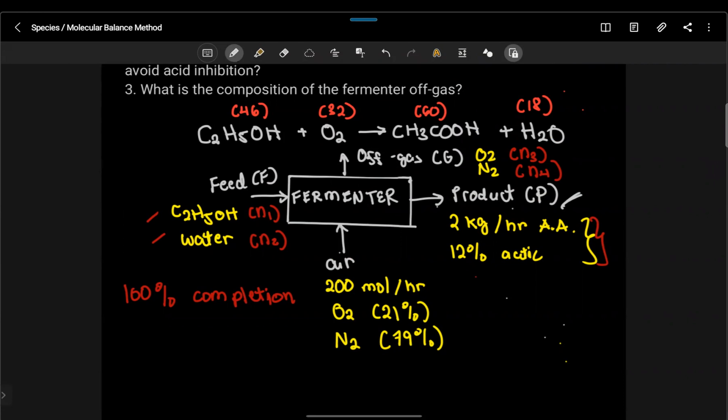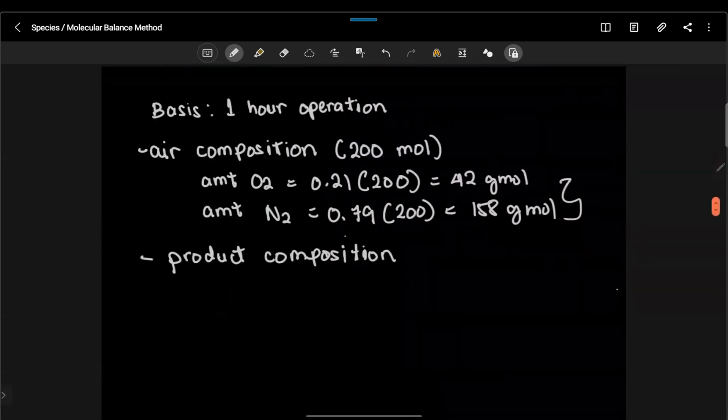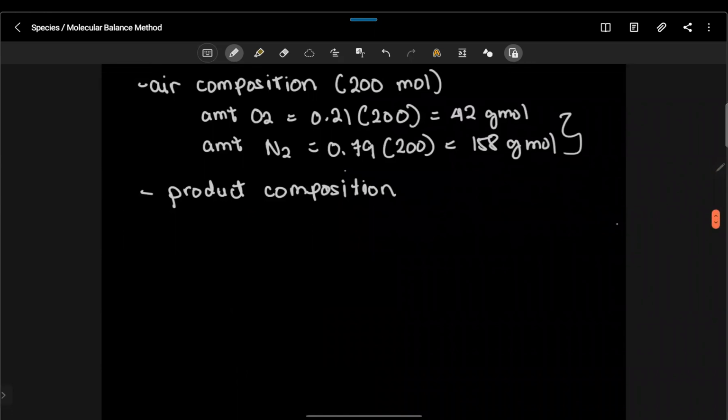So gaano daw karami yung P? So remember, ang production rate is 2 kg acetic acid, hindi 2 kg of P. And meron ka din naman dito ang concentration ng acetic acid na 12%. So in mathematical terms, pag sinabi natin product composition, ang 12% daw ng P ay yung amount na target natin na acetic acid. Okay? So therefore, makukuha natin kung gaano kadami yung P, which is 16.67